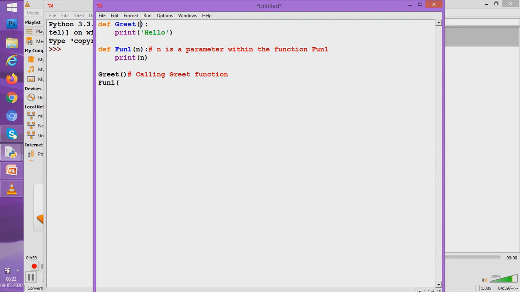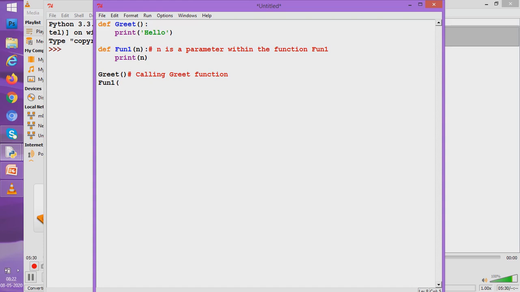Now this is the line from where we are actually calling greet. Now while we are calling greet, we don't need to give anything to greet because no variable is waiting here to take a value in greet. But as you can see, in fun1 a variable n, which is, as we said, a parameter within fun1, actually is waiting for a value that is to be given to it when we are calling fun1.